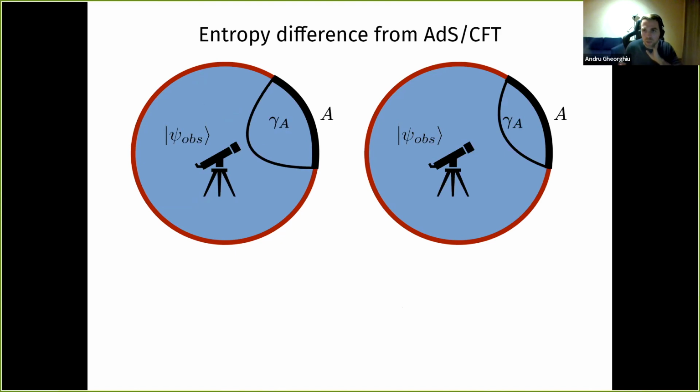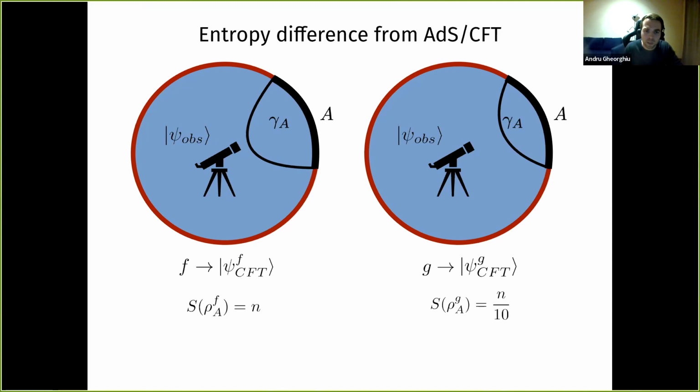So the way I was thinking about it is in the following type of thought experiment. Suppose we have two possible situations. You have some sort of bulk observer and this Ryu-Takayanagi surface. In one case, let's say it's very large, and in the other case, it's small. So maybe you have high curvature versus low curvature. And in each of these two cases, this corresponds to having some sort of CFT state that maybe was constructed using one of the functions that I mentioned previously. So these functions would lead to noticeable differences in entropy between the two states when you trace out part of the system.